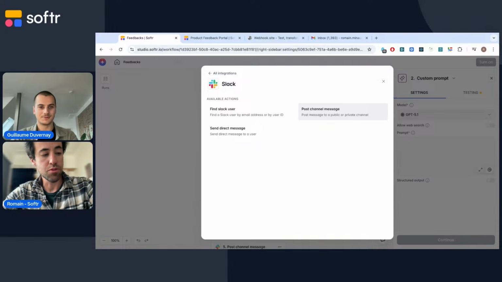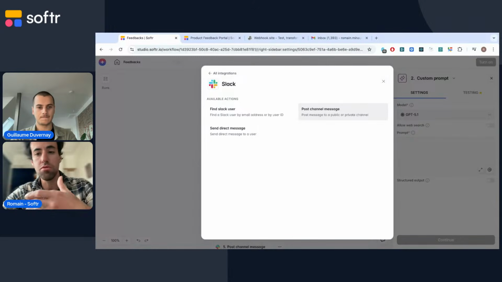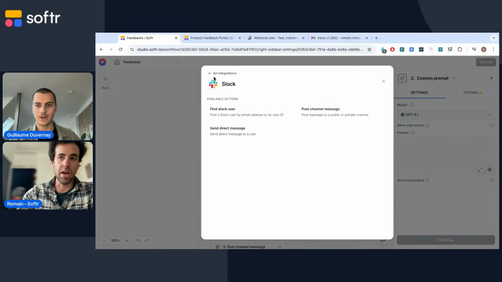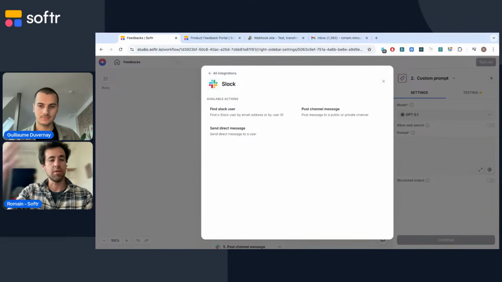It's also often used with AI actions just before. For instance, you want to use AI to do some categorization, but you still want a human confirmation. So you can have a message with a predefined category using AI, and then based on the operator's answer, you can override the categorization if needed. This is a very helpful pattern with all AI agent-based workflows. And we will have it with emails, meaning it won't be a Slack notification but an email, and you can answer this email with predefined buttons as well.